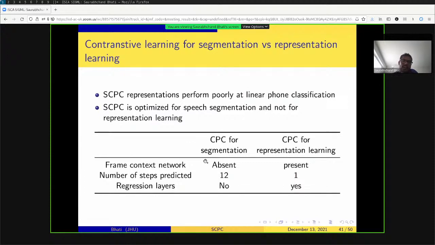The CPC for segmentation has no frame level context network, which makes the task harder for the model to learn. And CPC for segmentation just predicts the next segment or next frame, whereas if you look at all the representation learning tables, they predict much, much farther into the future. And in CPC for segmentation, we were trying to directly predict Z from the previous Z's. There were no regression layers, but in representation learning, we used a one layer transformer as a regression layer. So then we changed the architecture of SCPC to the architecture of CPC for representation learning, and we still saw